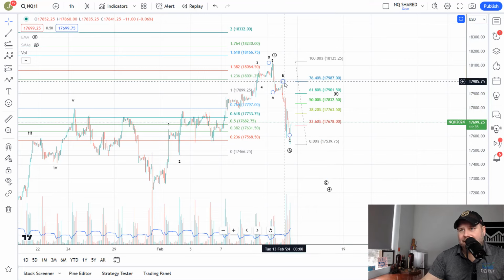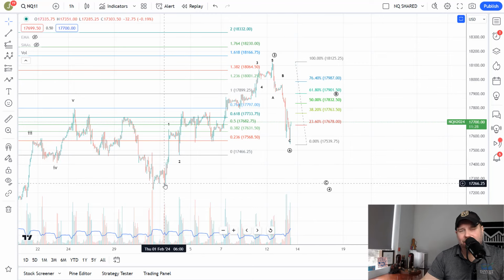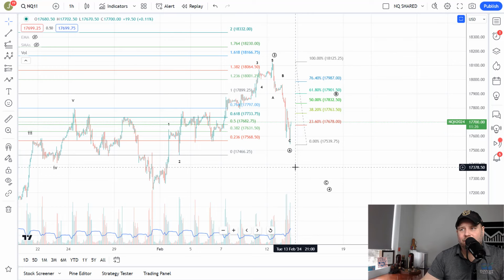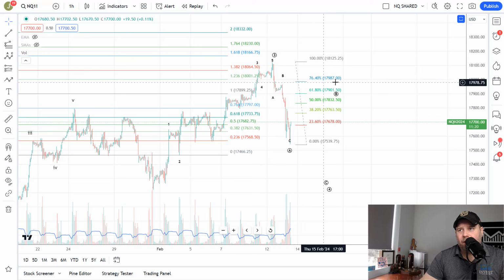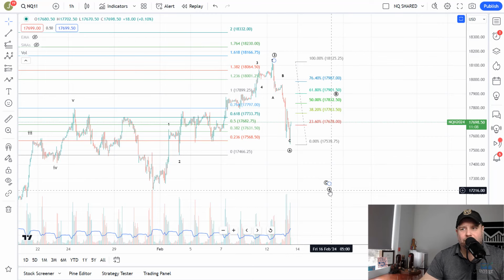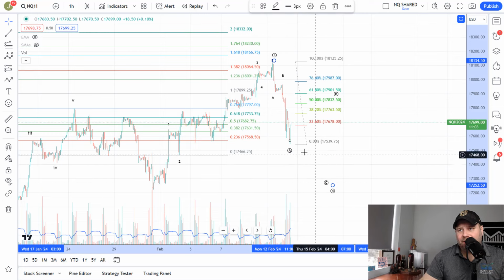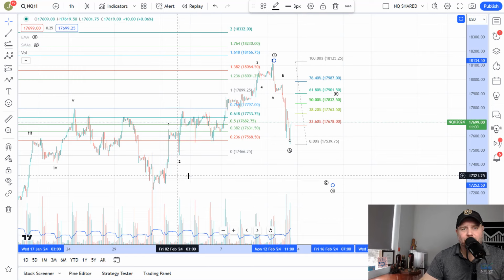Alternate paths on the NASDAQ are very similar to the ES. If they move down and break yesterday's low in a direct manner, then it becomes very likely we test the Fed lows in a direct manner, and we come back down toward that 17,250 area without much of a bounce. If, however, they can push up over 17,987, essentially 18,000, then it becomes much more likely they continue and push up toward that 18,300 to 18,500 more directly, where wave 4 would be in, and we'd be making wave 5 up. But again, primary count is a B and a C wave down toward the Fed lows, hold that, and then